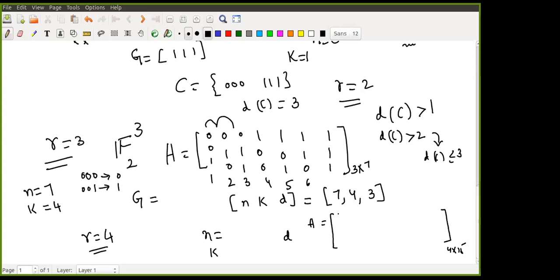So what is the first column here? 0, 0, 0, 1. Like that, what is the last column? 1, 1, 1, 1, right? This is the columns. How many columns are there? 15 columns. Each column is exactly the decimal number system, 1 to 15. Why do we do it like that? So the syndrome becomes easy: I directly get the number. The syndrome table and coset leader, everything becomes very, very simple.